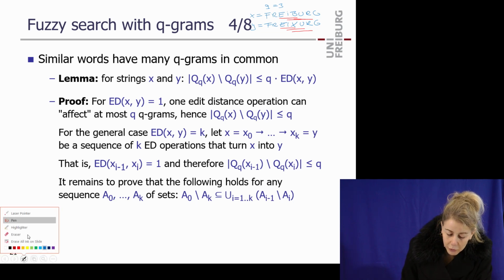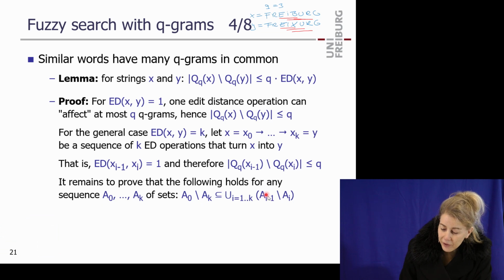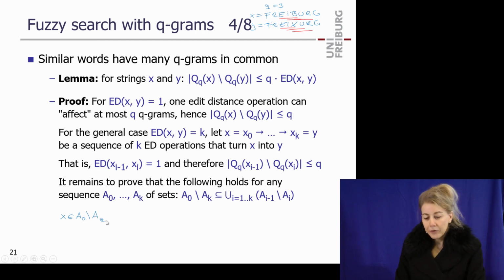So if I want to prove that something is a subset of something else, then I have to prove: take any element from here, then it also has to be in here. It's the standard proof technique here. And since this is a union, I have to show that if I take any element from here, it has to be in one of these sets, then I'm fine. Let's just do that. So let's start with an X from here. So it's in here. And now let's look at